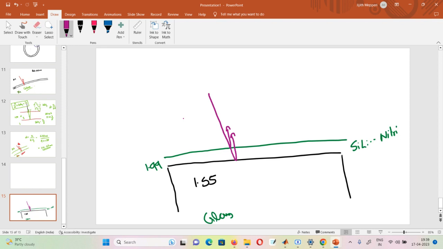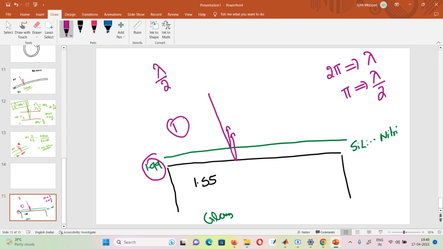Now you see the first reflection: the refractive index is 1, then 1.99, then 1.55. So from 1 to 1.99 there will be an extra phase difference of pi. Two pi phase difference corresponds to a path difference of lambda, so pi phase difference corresponds to lambda by 2. So at the top there will be an extra phase difference of pi, which gives an additional path difference of lambda by 2, plus